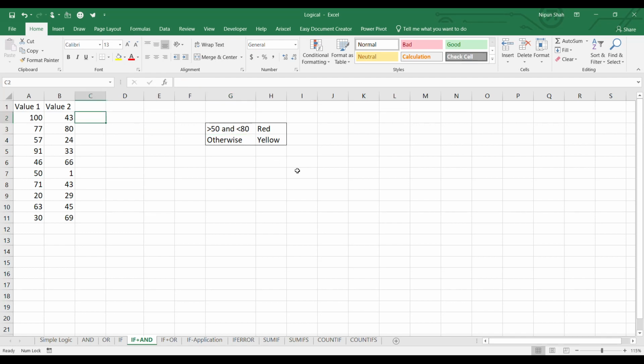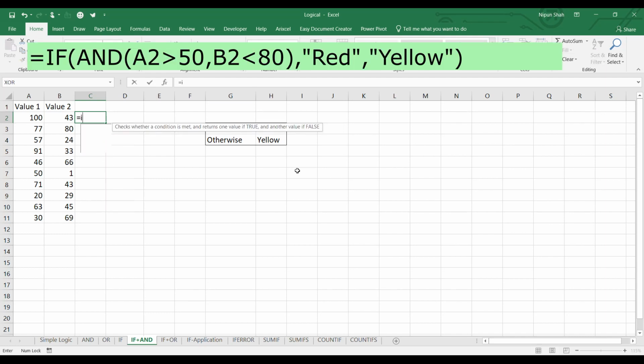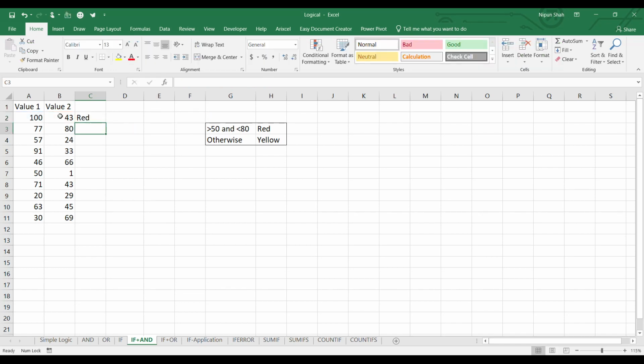So I will put the formula here: equal to IF and this is more than 50 and this is less than 80. Close the AND function, comma, then give me red, otherwise give me yellow. Close the IF function and enter.